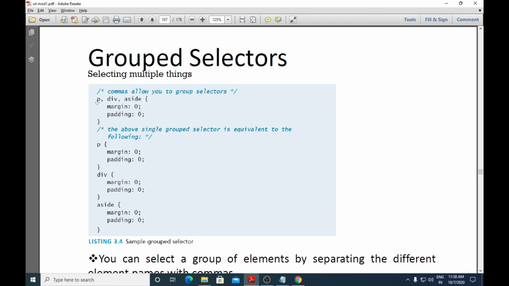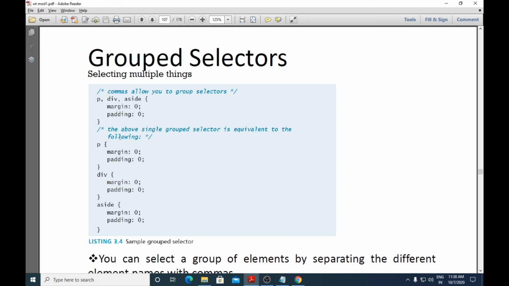They have chosen the p element, div element, and aside element, separated by commas, and the properties used are margin 0 and padding 0. Previously we had chosen the HTML elements separately. Here you can group the elements together and then specify the style. This type of selector is known as a grouped selector.